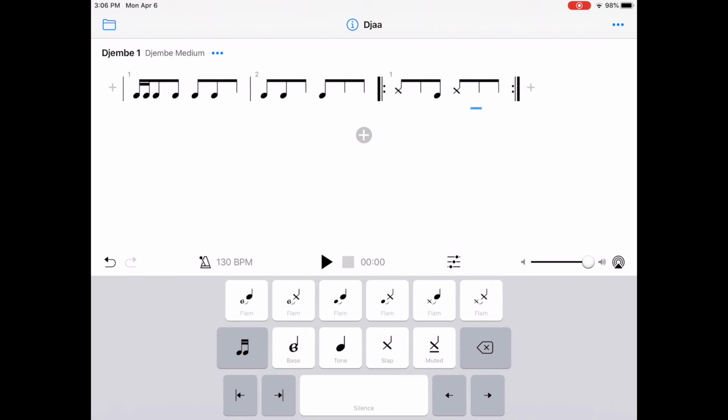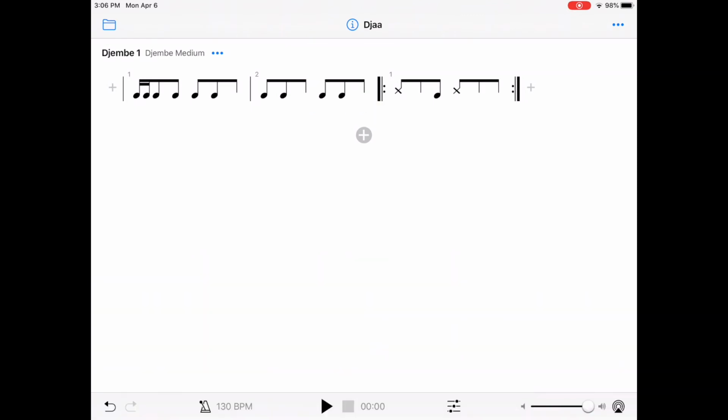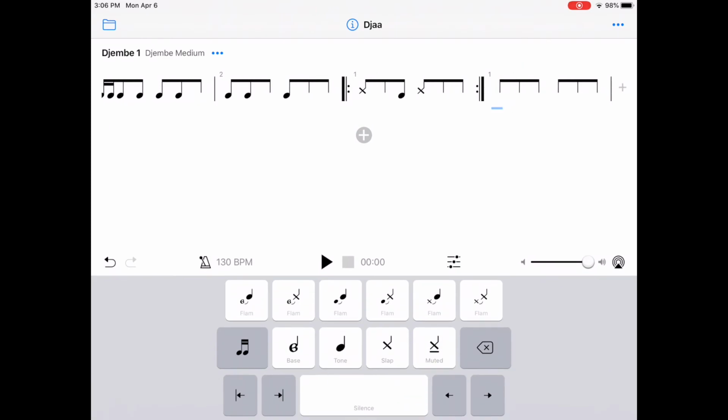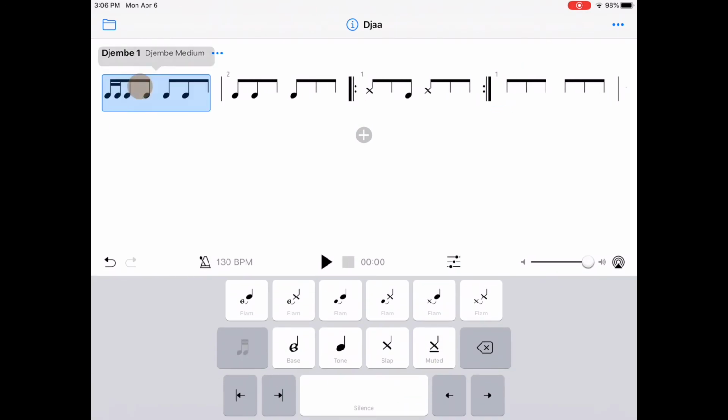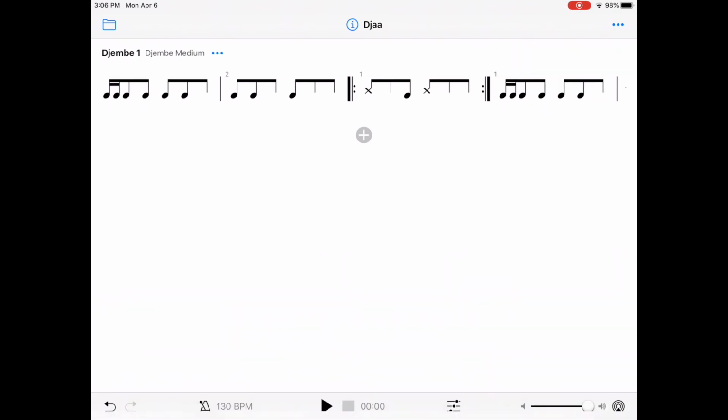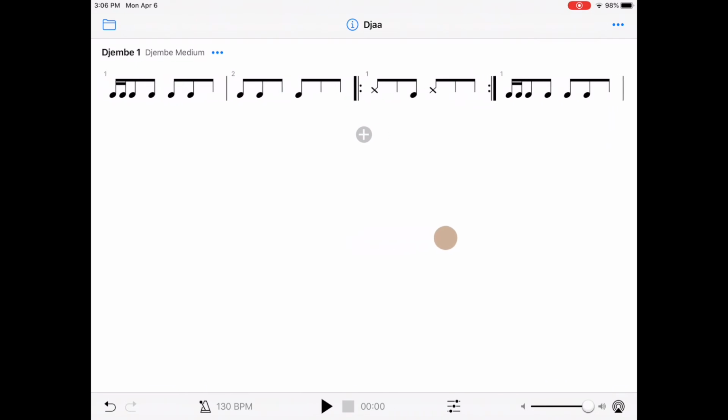Another useful feature is copy and paste. So for example, you can select the number of nodes and click copy, and then select the same number of nodes in a different place and click paste. So those nodes will be pasted. Also, copy and paste works for bars. So you can select one bar and click copy, and you can paste it to another bar, or you can